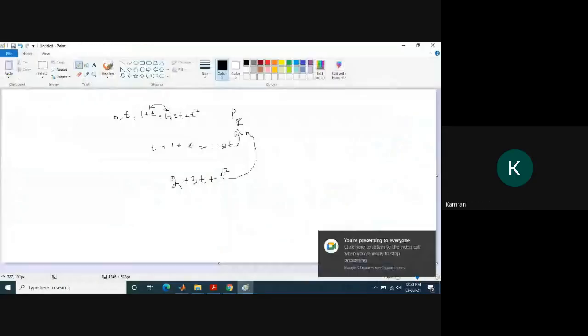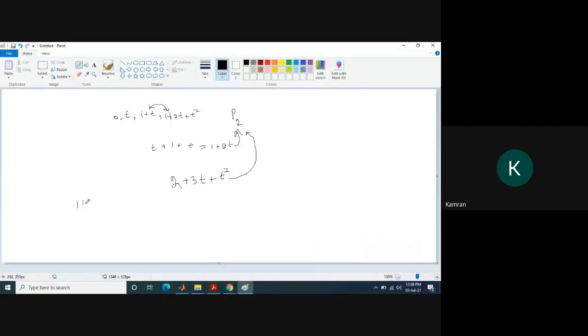So it again belongs to P2. Similarly, if we multiply this polynomial 1 plus t with some c, we get c plus ct, which is again a polynomial of degree 1, less than or equal to 2. So P2 is a vector space. Similarly, P3 contains polynomials of degree 3 or less, so it also forms a vector space, and so do P4, Pn, and Pn plus 1. These are subspaces of each other: P1 is a subspace of P2, P2 of P3, P3 of P4, and similarly P1 is also a subspace of P4. Do you understand?